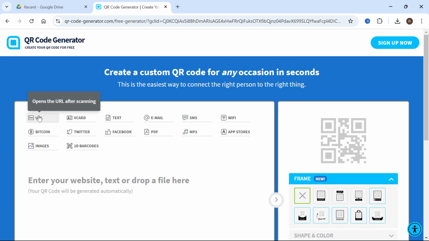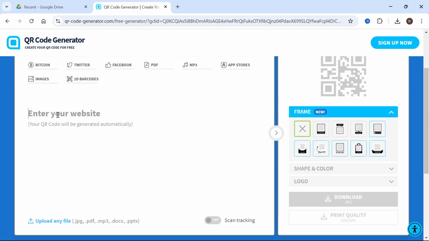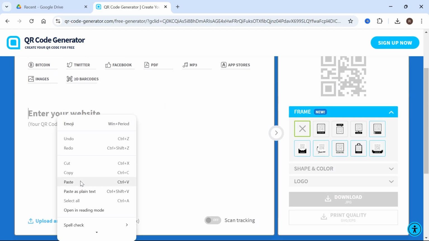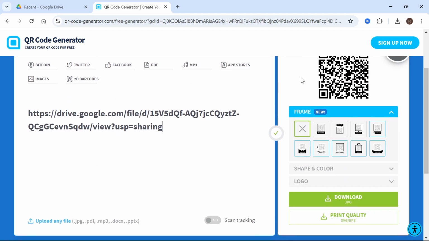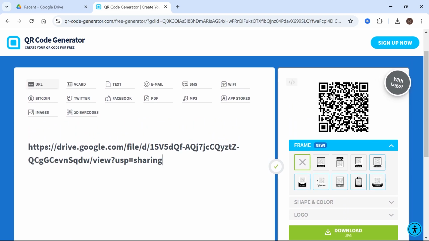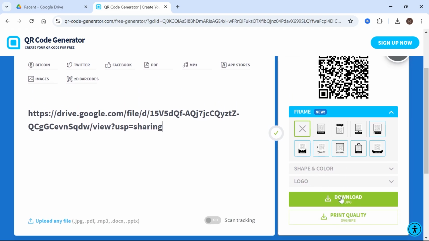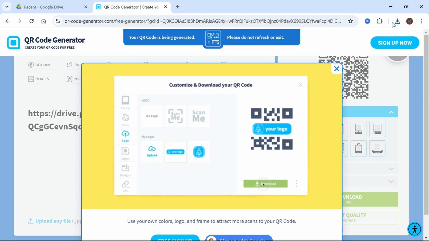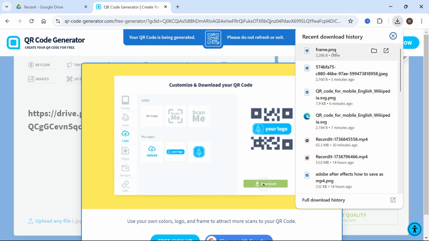Then in the top left hand side, click on URL and simply paste in the link that we just copied from our Google Drive. Once you've done that, you can see it will generate this QR code on the right hand side, and now what we simply need to do is press download JPEG, and once it's finished downloading, it will be in your downloads folder over here, so we can then open that up and share it with our